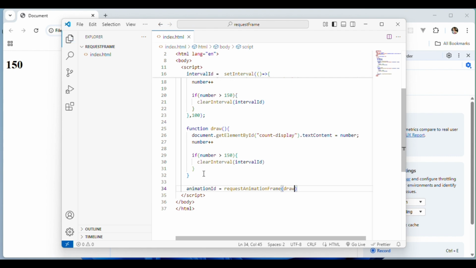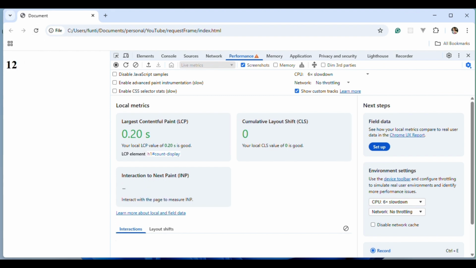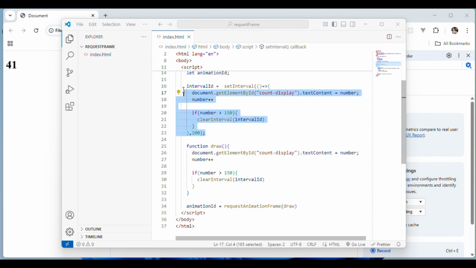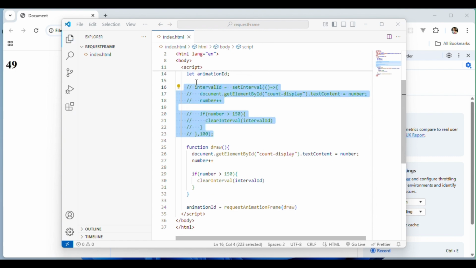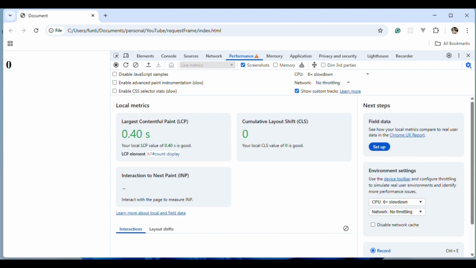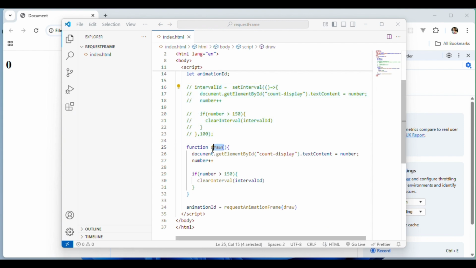So if I show you an example, if I go back, you can see, this is still there. Let me comment this out. Sorry. So if we go back to the screen, you can see it just paints the 0. But if we want the animation to take place, we need to keep calling this draw function, which is the reason why we are putting it here like this instead of just an anonymous function. So to do that, I'm just going to copy this